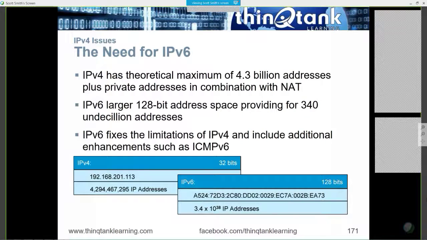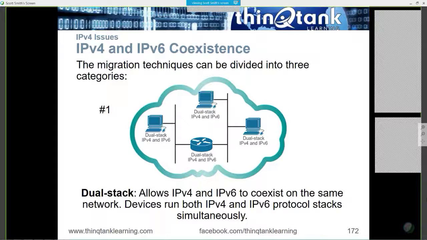What if I want to switch to IPv6? What kind of options do I have? Actually, there's about 5 or 6 different options that you have. I'll mention only a few of them because that's what's relevant for the exam. You can do dual stack. We're actually going to set up dual stack routers tomorrow. Dual stack is where you're running both protocols at the same time,